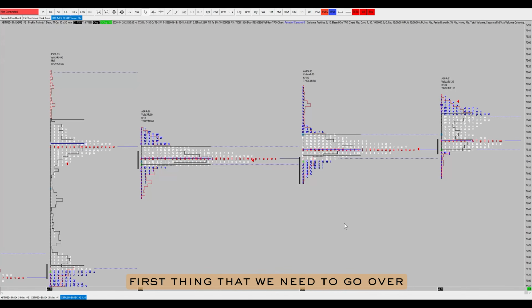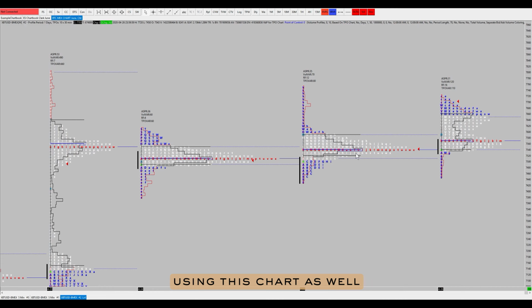All right, so the first thing that we need to go over is the tool that we're going to be using. So the TPO chart. When you're using market profile, you're using a TPO chart, and TPO stands for time price opportunity. The setup that I have right here is the exact setup that I'm going to be using when I'm trading cryptocurrency. It's also the same setup I'm going to be using when I'm trading any traditional assets using this